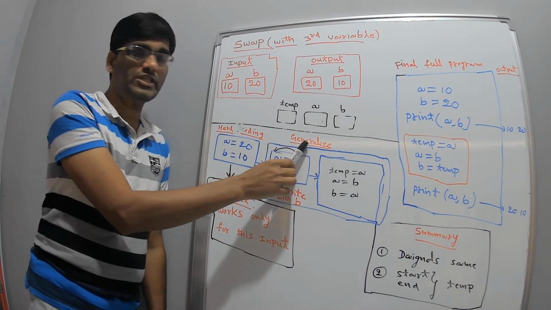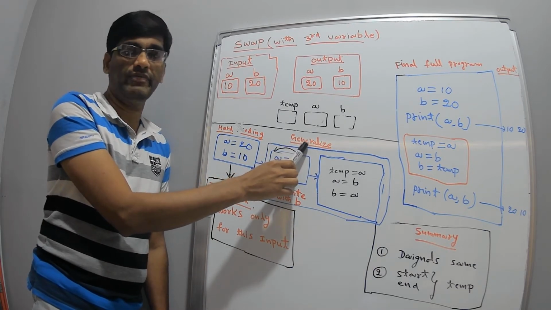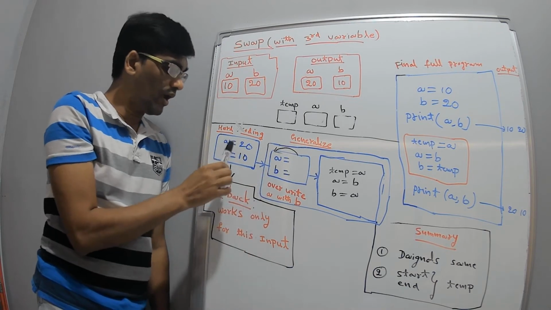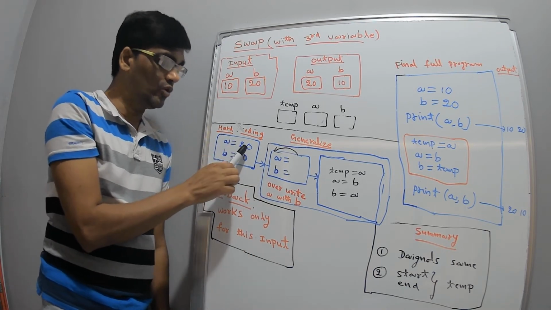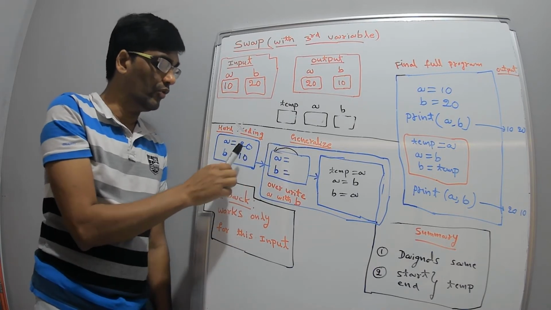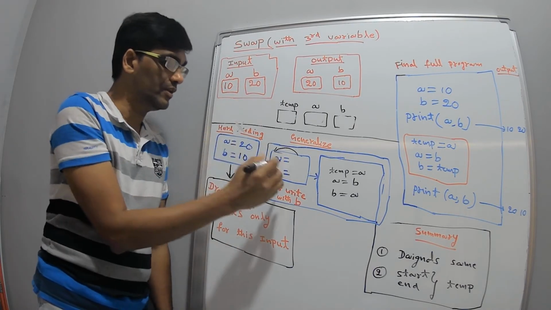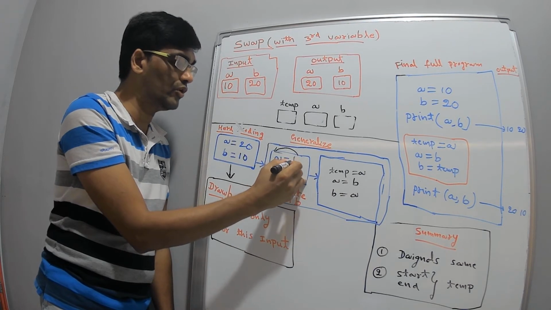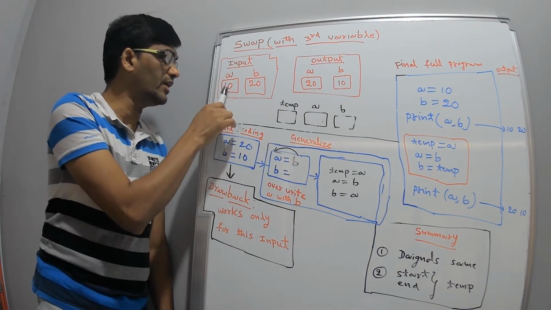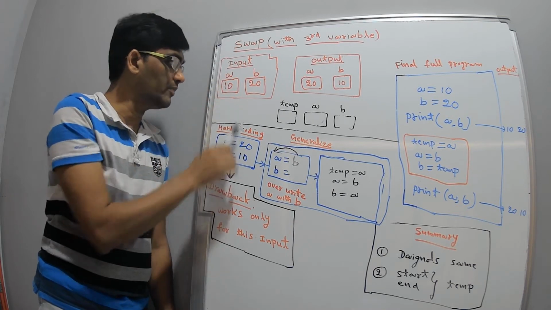So the best approach is generalization, which means you write it in a very standard way, so whatever input we give, it should work. So how can we do it? Here we wrote a is equal to 20. Now we'll try to convert the same program into this one. What is 20 here? It is b. Therefore it could be a is equal to b. Here b is equal to 10. What is 10 here? 10 is a. So 10 you can replace with a.